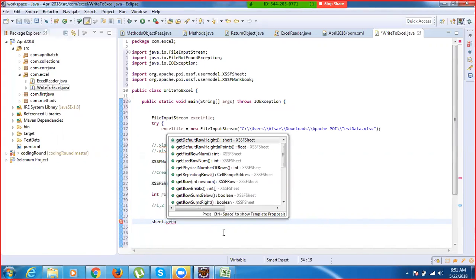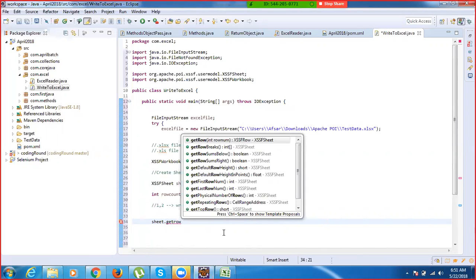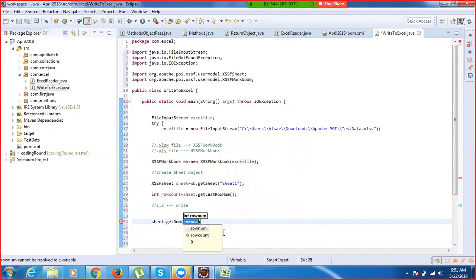Get row. Okay, in get row we can have, okay, now you can see get row, right? Get row, what was my row number? Row number was 1. All right,